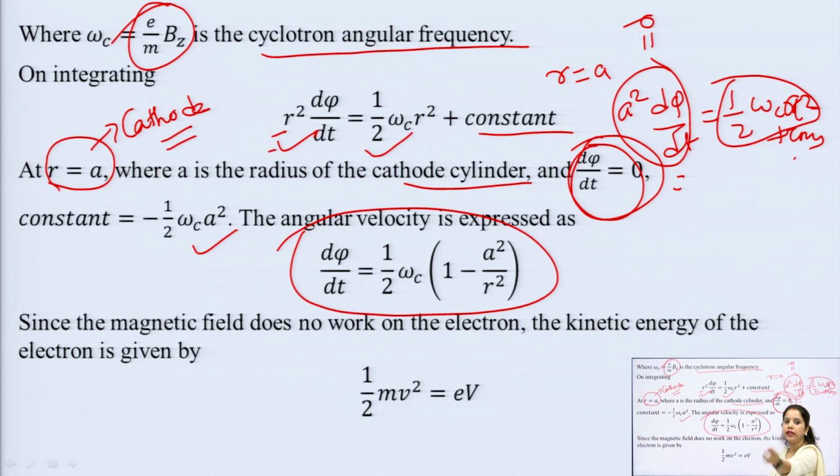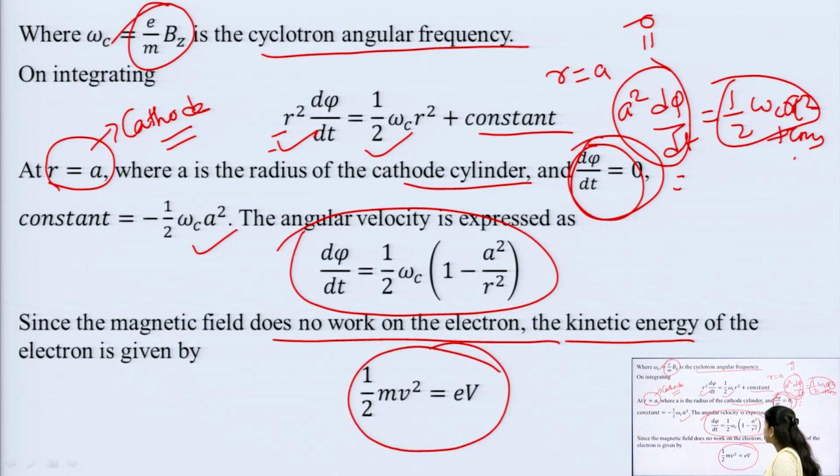Now, when the magnetic field comes into existence, since the magnetic field does not do work on the electron, the kinetic energy of the electron is equal to that supplied by the electric field, because no work comes from the magnetic field; the whole movement of the electron is dependent upon the electric field. So, half mv square is equal to eV, this is the expression for the electric field,